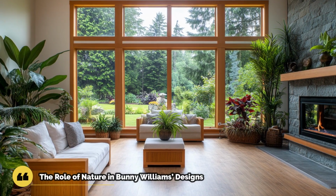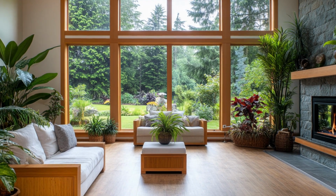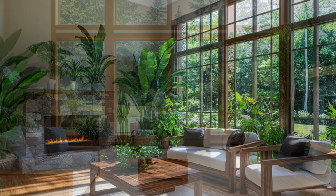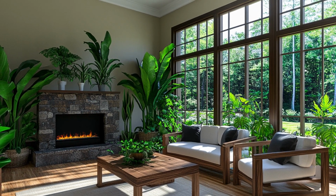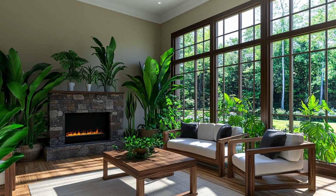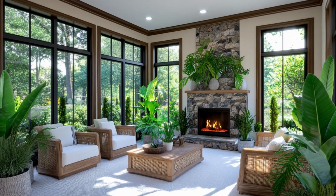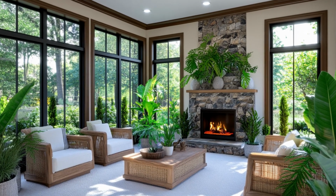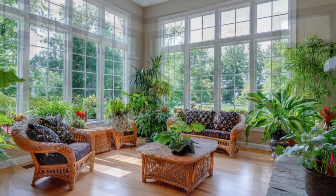The role of nature in Bunny Williams' designs. Nature plays a significant role in Bunny Williams' designs, bringing a sense of freshness and vitality to her interiors. She often incorporates natural elements, like wood, stone, and plants, to create a connection to the outdoors. In a living room, this might mean a reclaimed wood coffee table, a stone fireplace, or a collection of potted plants. In a bedroom, it could be a woven rattan headboard or a set of linen curtains that let in